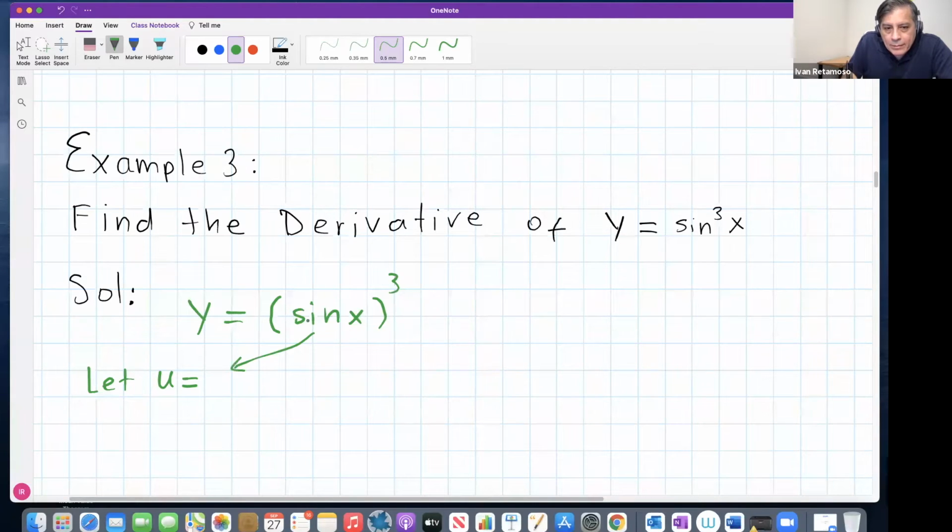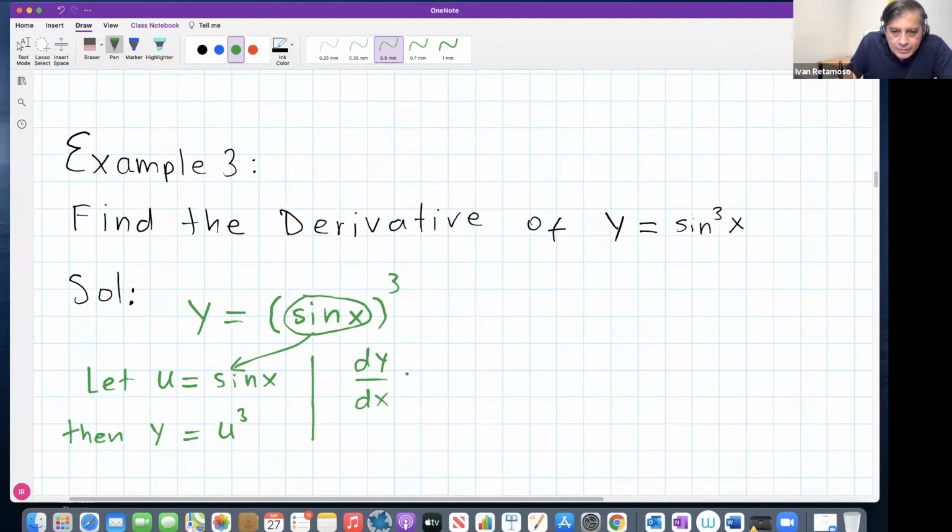U, remember, is always the inside part, right? This inside part. So this is u. Sine of x. Okay, so then y will be sine of x cubed, but we are calling sine of x u, so it will be u cubed, right? U cubed. That's it. Now write out your chain rule in its first form: derivative of y with respect to x equals derivative of y with respect to u